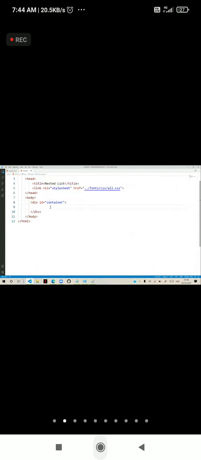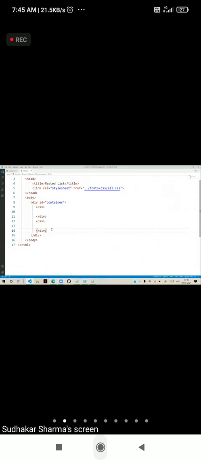Now in this container div, I am adding two other divs. This is one and this is another div. Two divs are present. That means now I want to split this container into two columns. Later, when we put pictures, we can divide into three columns.